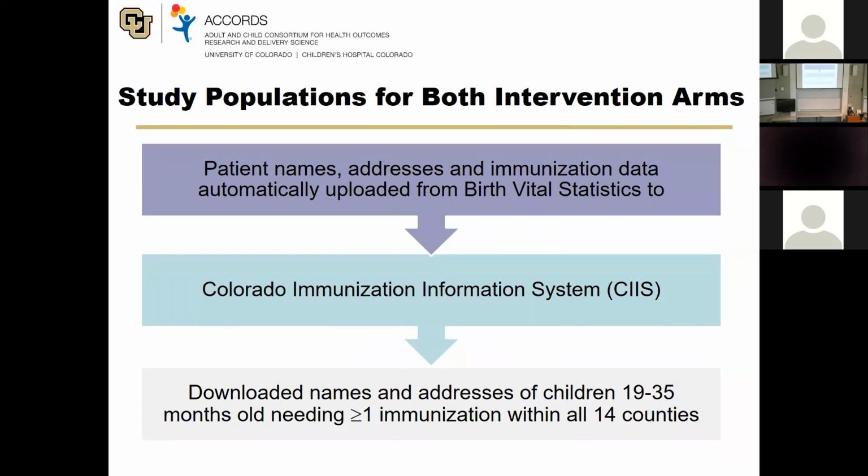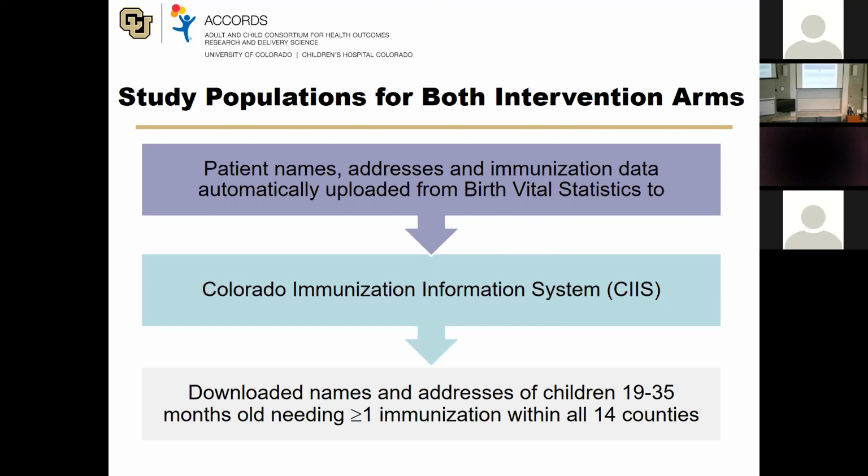So basically the Colorado Immunization Information System, this is the pointer here, is fed by birth certificates. When a baby's born, their information goes into the IIS automatically. In addition, practices will put patients in when they immunize them, for example, if they weren't born here, but they came into the county. So that is the way it's populated. It is imperfect in that people can move in and out of state and we wouldn't necessarily know. But that should probably be the same for all the counties involved.